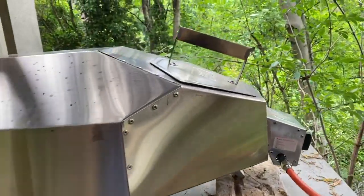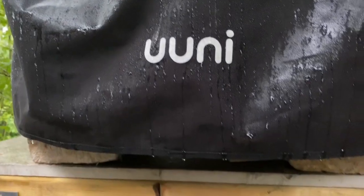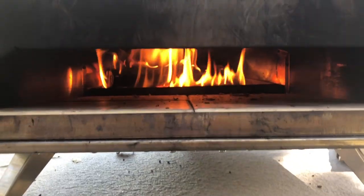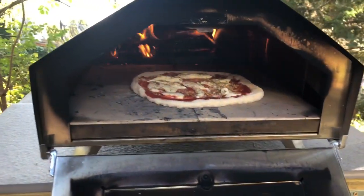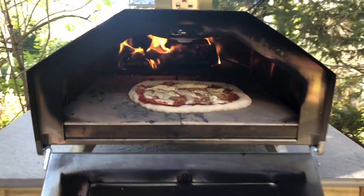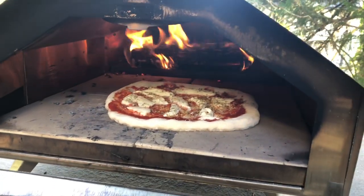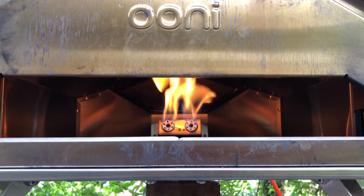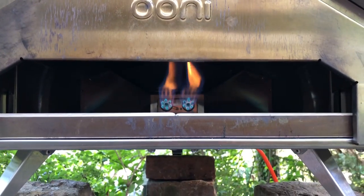You can see the body here is, after 1 year undercover in bad weather, still in pretty good shape inside and out. When it comes to firing the unit, since half a year or so, I do not use the wood-fired option anymore, though it is convenient to have it. I just do not want to deal with the mess the smoke makes in the oven. It creeps into just every part of the unit and you cannot use the door because it is full of smoke and you cannot see through it anymore. So it's just annoying. I did not see or taste much of a difference between the gas or wood option. There is just no hassle with the propane option, so it is my first and now even the only choice